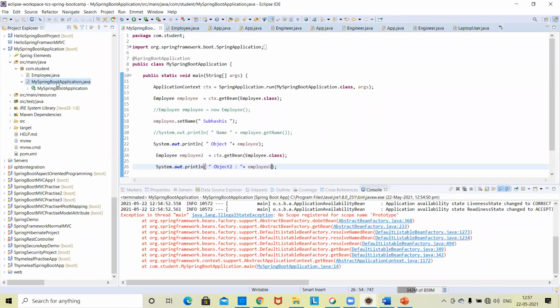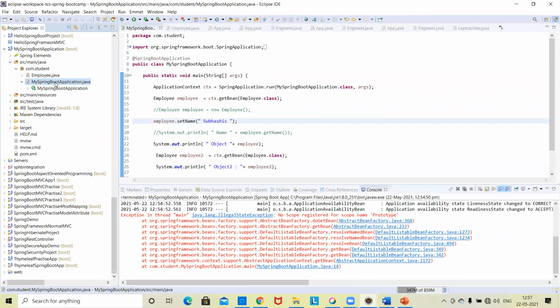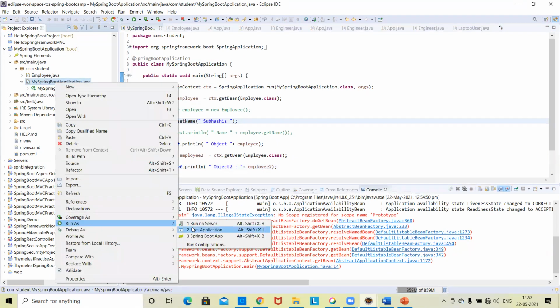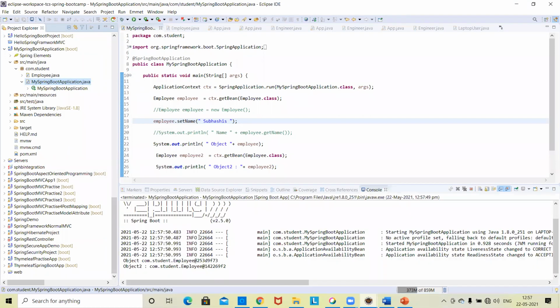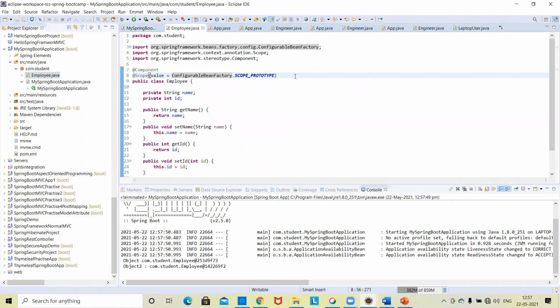Okay, now it is done. Hello, can anybody hear me? Yes. Okay, I have done it. Just check the changes we have made: Scope value equal to ConfigurableBeanFactory.SCOPE_PROTOTYPE.